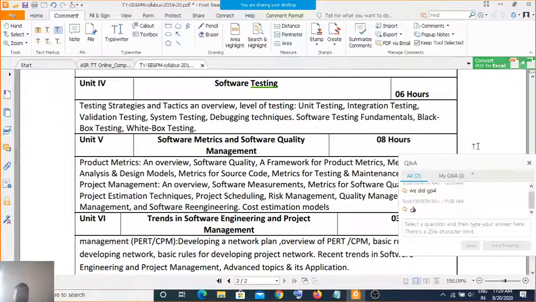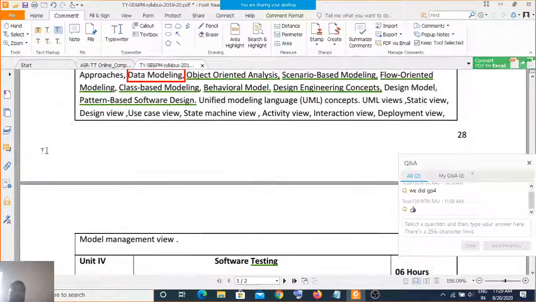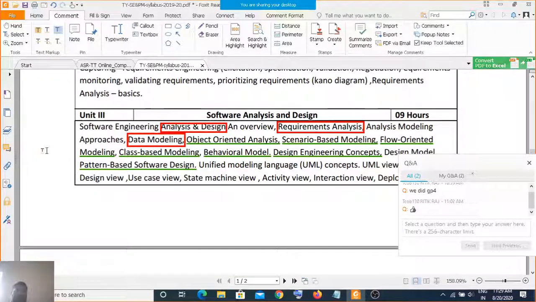So this is what I say the revision, or I consider that I sufficiently revised this. I don't know whether I revised it correctly or not, because within 1 hour, revising analysis, design, and testing is not possible.